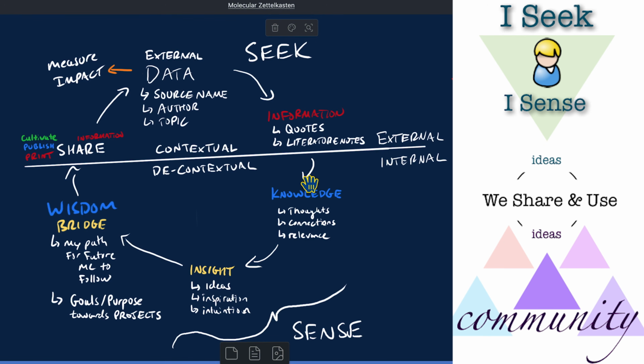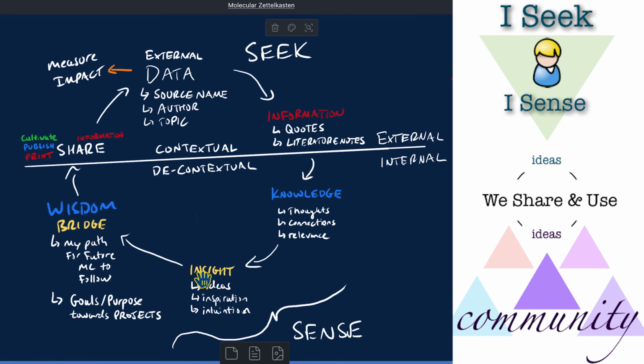Then I go back through and I try to make sense of those notes. I try to go through my molecules, through my knowledge box, and identify new insights. So this could be where I'm reading through a note on digital gardening and I have an idea on how digital gardening can apply to the Zettelkasten system. So I have a new insight. I feel called by some form of intuition because I've gone back through and read my own words that relate to a problem that I'm having, towards a goal or a purpose that I have in a project.